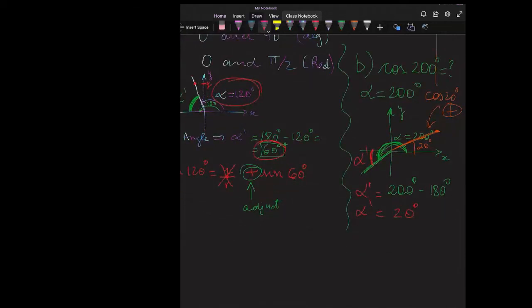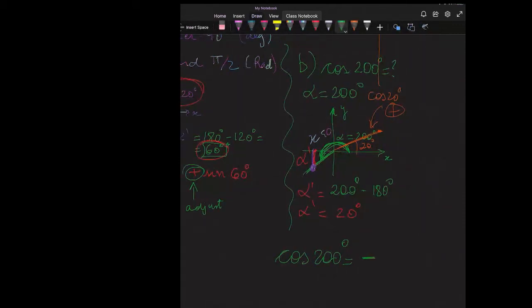So for the 200 degrees, the angle, whatever is the point on the terminal side, will have a negative x value. So x value has to be negative, meaning cosine will be negative for 200. So I adjust. So cosine of 200 degrees is actually negative cosine of 20. So again, 20 is my reference angle. When I use the reference angle, it always comes up as a positive value, but the original angle itself, 200, has a negative cosine. So again, I adjust, right? So this is my adjustment